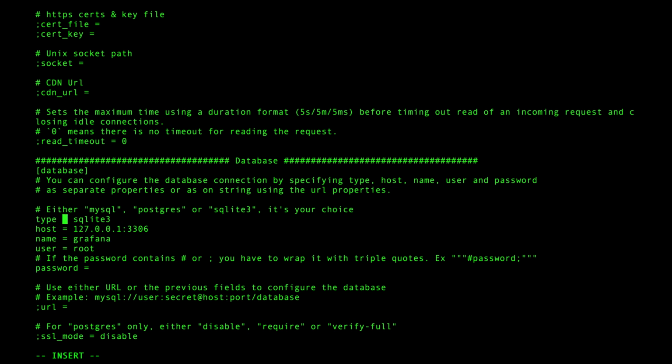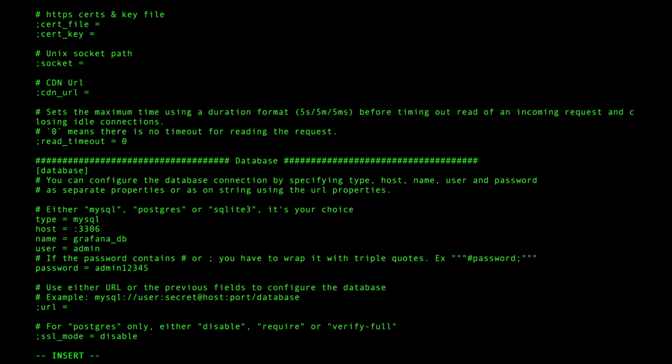So the type is MySQL. We are not using SQLite, which is the default database for Grafana. For this demo, we have provisioned an RDS instance. I will copy the host name in a minute. I know the database name is grafana DB, the username is admin, and the password is admin12345.